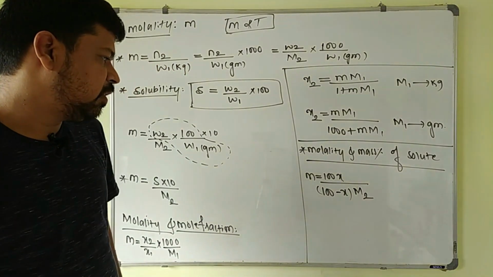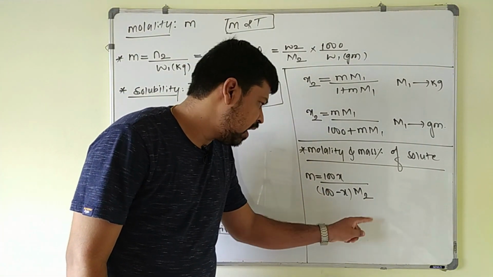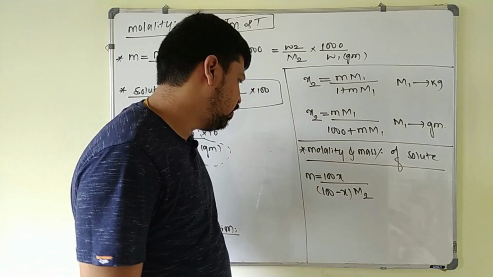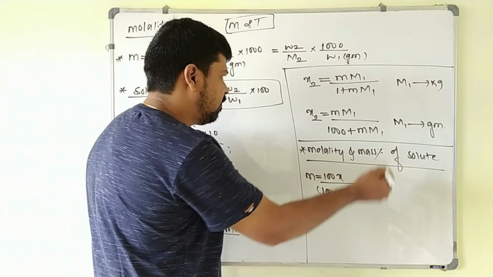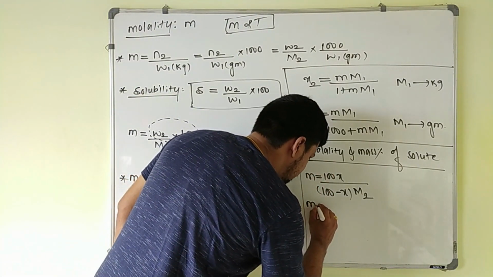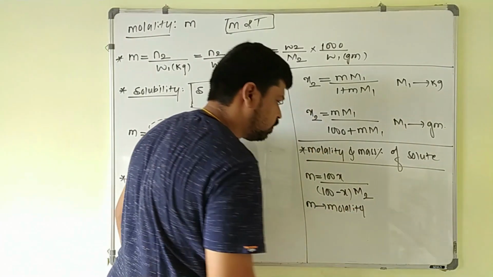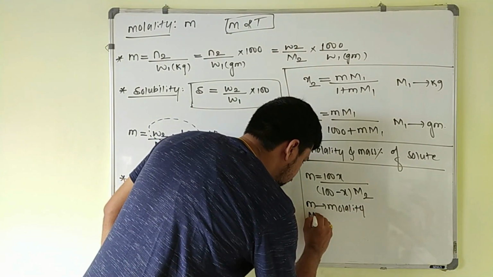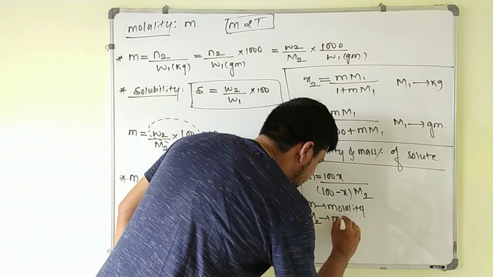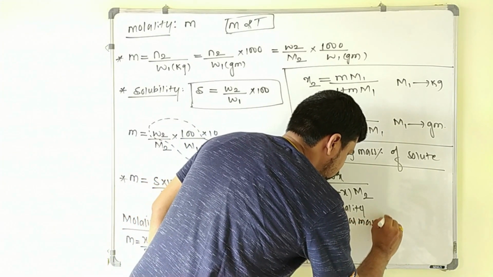Molality, mass percent of solute, and this is the molar mass of the solute here. So we will write the different terms involved in this formula, that is small m is molality, capital M2 is the molar mass of solute,